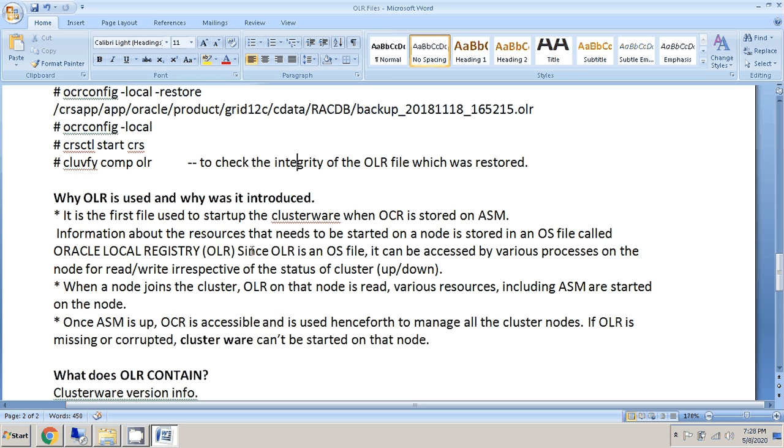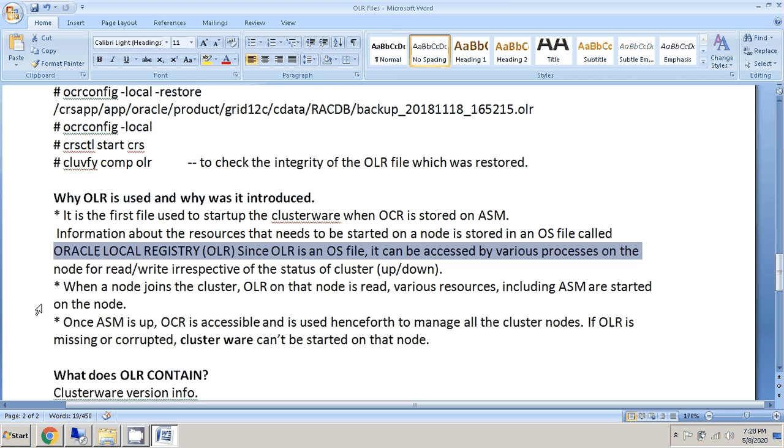So why is the OLR used and why was it introduced? It was the first file used to start up the cluster when OCR is stored on ASM. Information about the resources that need to be started on the node is stored in an OS file called the Oracle Local Registry, OLR. Since the OLR is an OS file, it can be processed by various processes on the node for read and write, irrespective of whether the cluster is up or down.